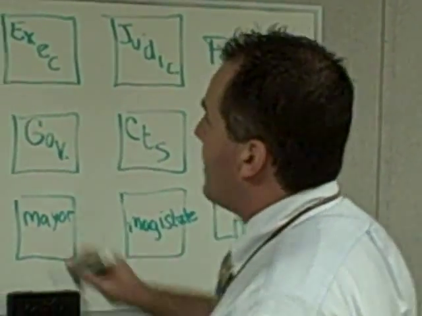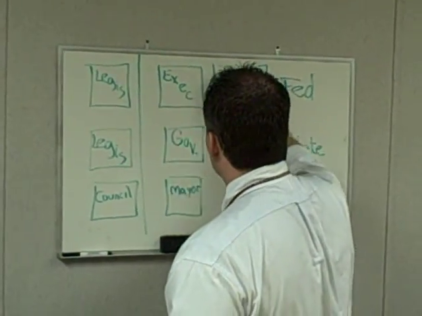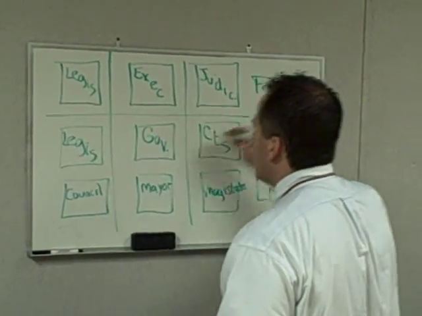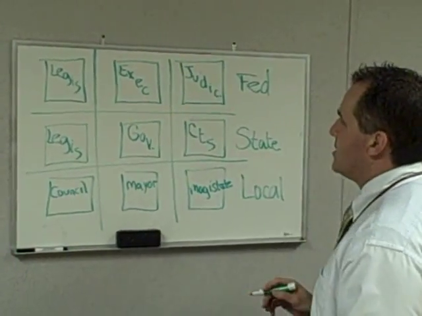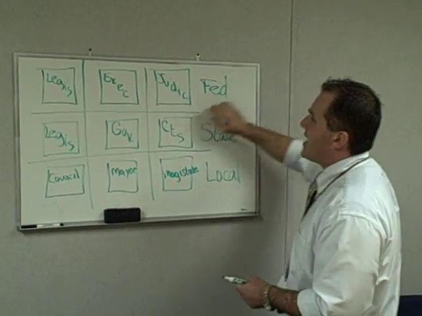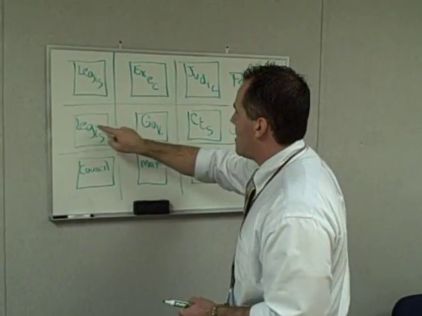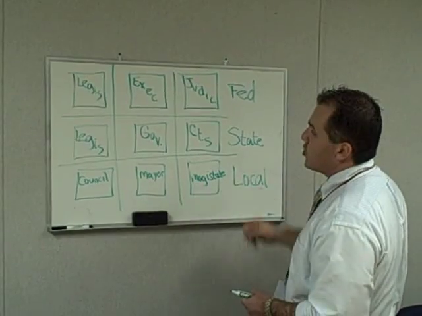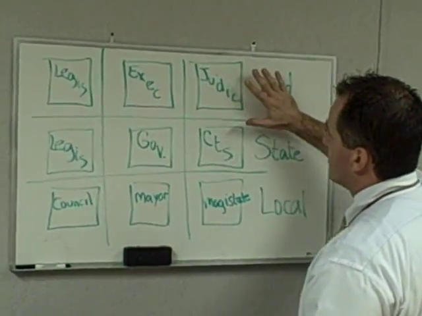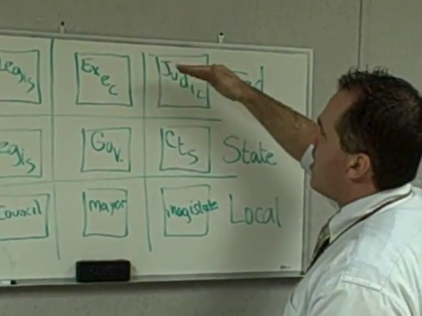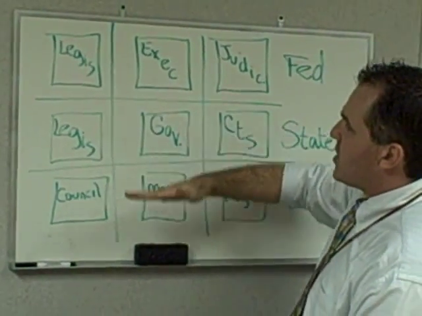Bottom line is, think about this almost like a tic-tac-toe board. When you look at what federalism is, you're basically going to be dividing each of these levels among different branches of government. You're not only going to be dividing each of these levels amongst themselves, but you're going to be separating them from each other as well.